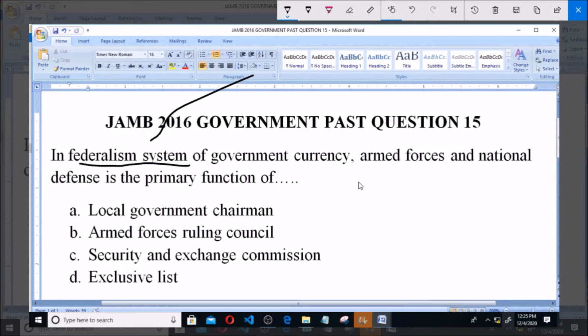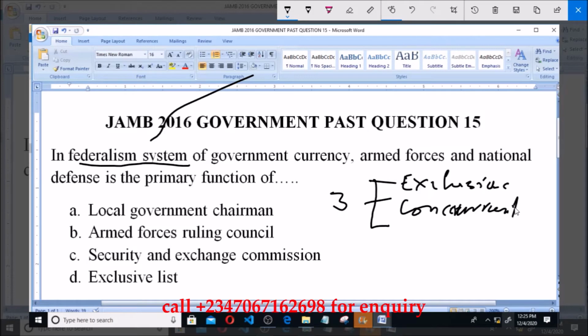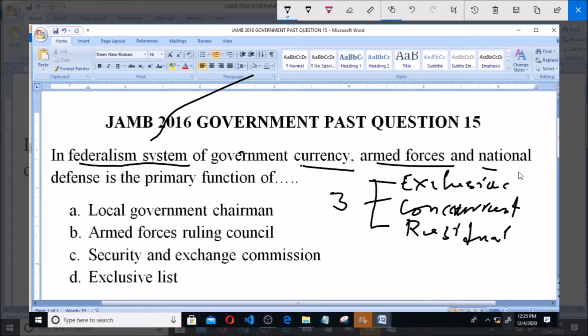In every federal system of government we have three lists. We have exclusive, then we have concurrent, then we have residual. So under these three lists, which one performs currency, armed forces, and national